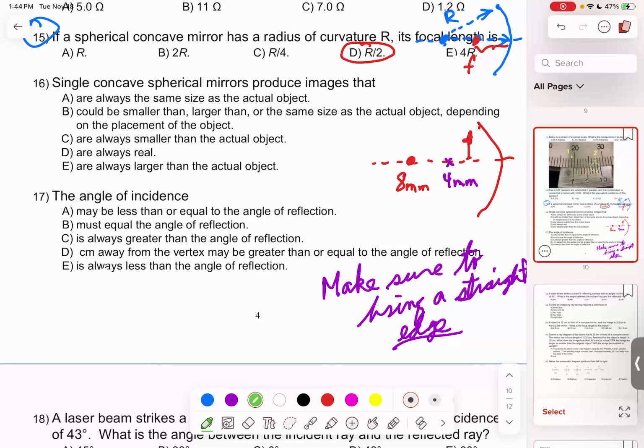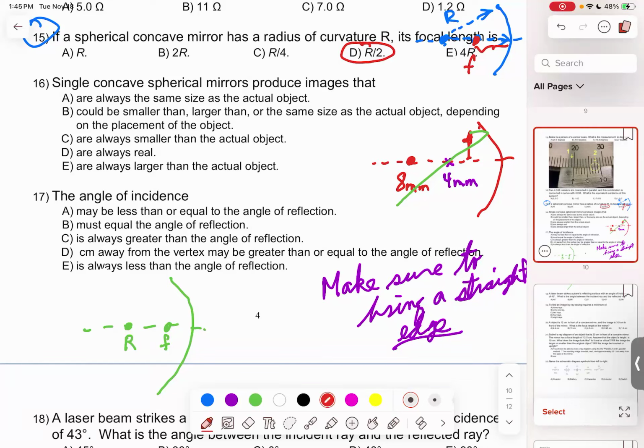And if you remember how we did it, we would go parallel, focus, and then we went focus, parallel. But in this case, we couldn't get an object. So you should know how to draw, and it won't be one of the complex ones. So you should know how to draw the image from a mirror. So a better example would be, and this is not drawn to scale, so it may not come out properly for us.